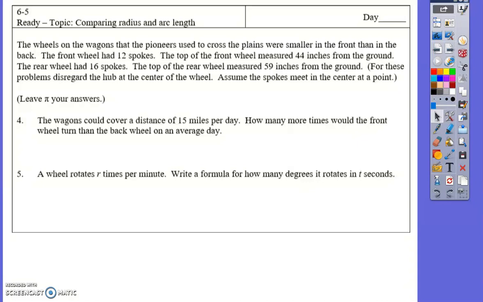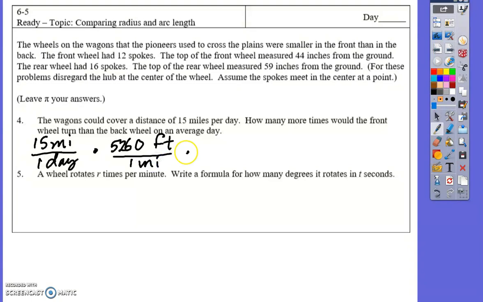Makes much more sense to convert larger into smaller, or smaller into larger, because that means no decimals, rather than the other way around. And so we're going to go ahead and convert 15 miles into feet, which comes to 15 miles over 1 day times 5,260 feet in 1 mile times 12 inches in a foot